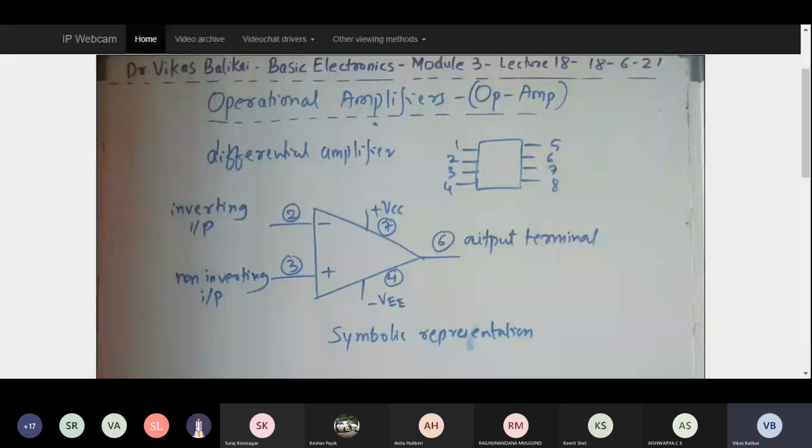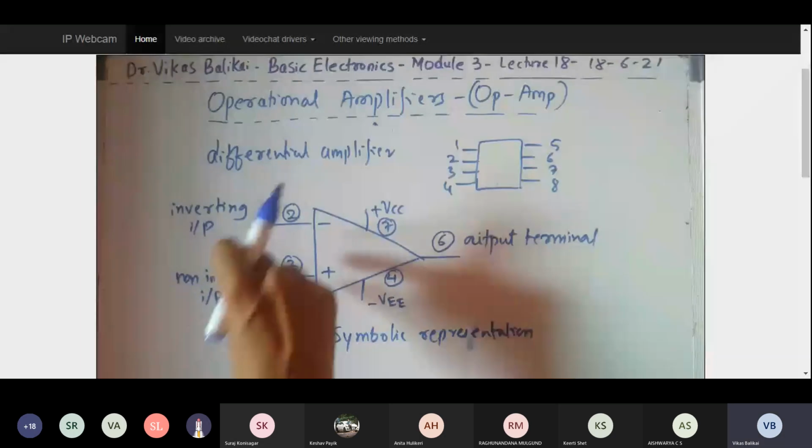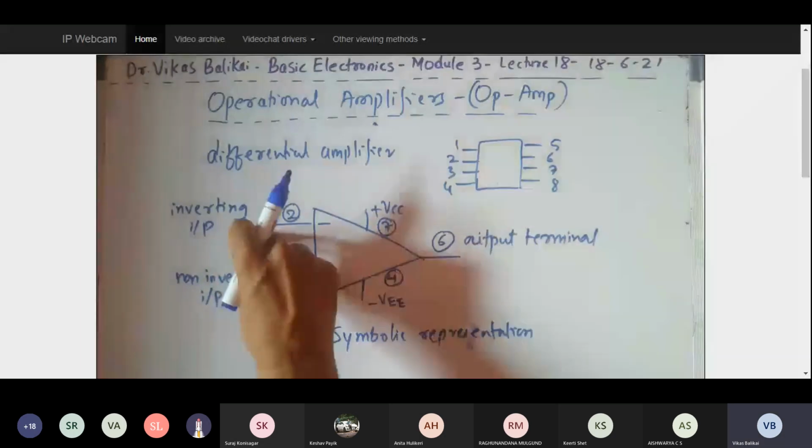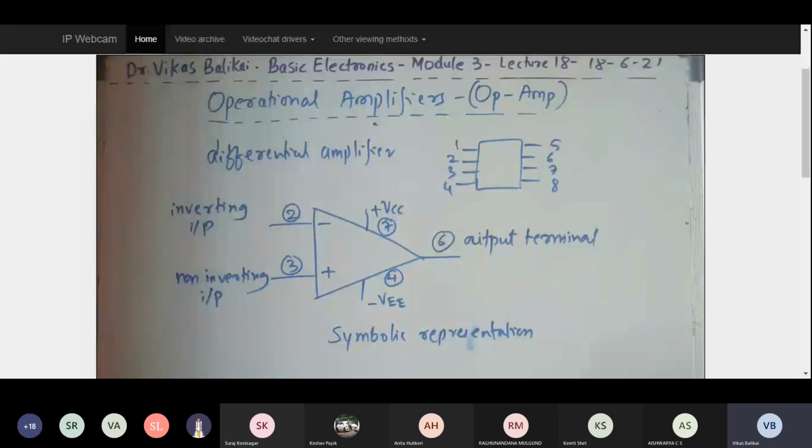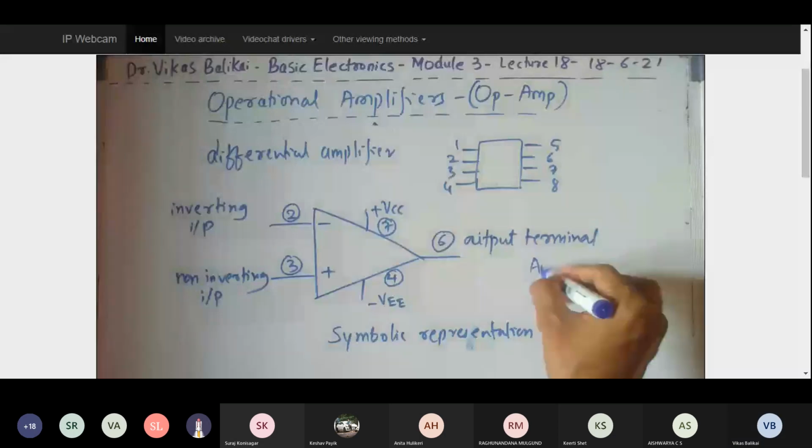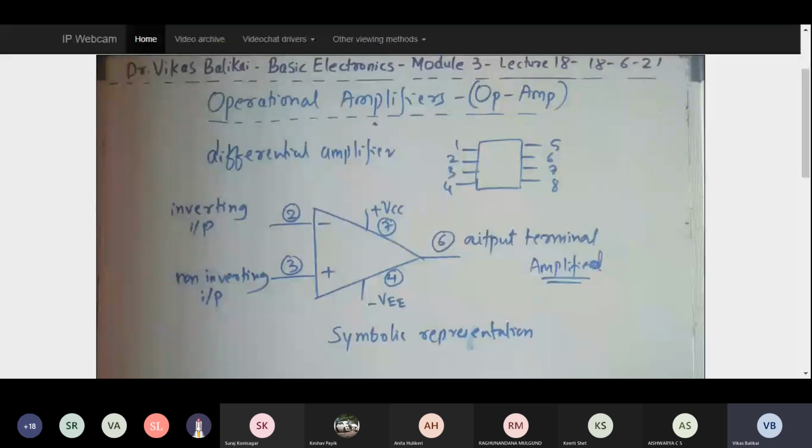So the op-amp works by taking two inputs, that is, the difference between the two inputs. Again, don't get confused. I'm not doing the subtraction over here. I'm going to take the difference. Whichever is the highest, I'll be subtracting the lowest from it. So the difference is what I'm going to take as the input, and it is going to provide me the output as an amplified version. So this is basically the general understanding of the operational amplifier.